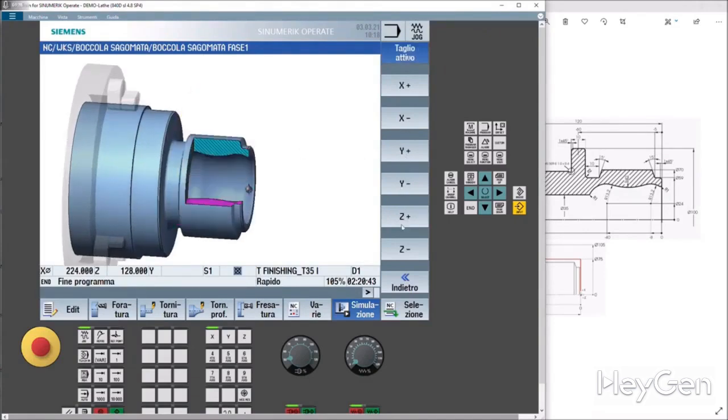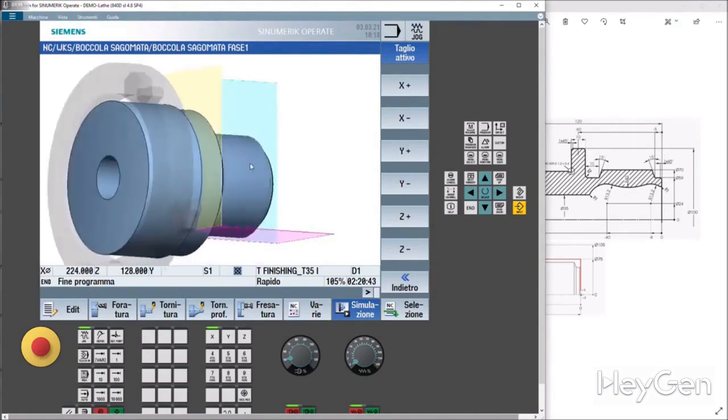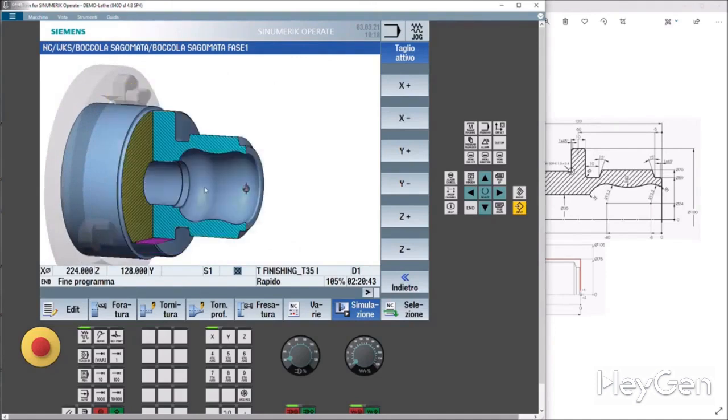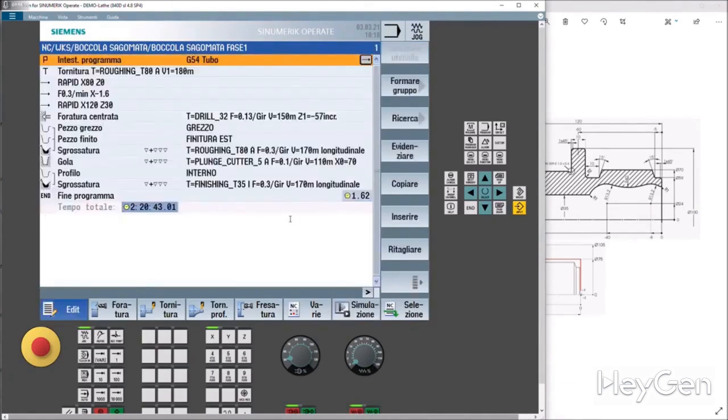And here we can expand our cut in all the directions we want. After a second, the machine will make the cut. You see, when you move it, the piece comes back intact, and then I'll show you the cut that was made. Let's go back.